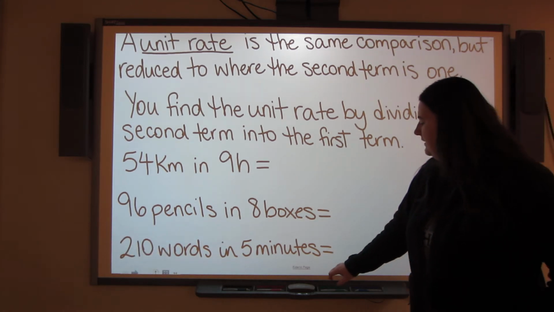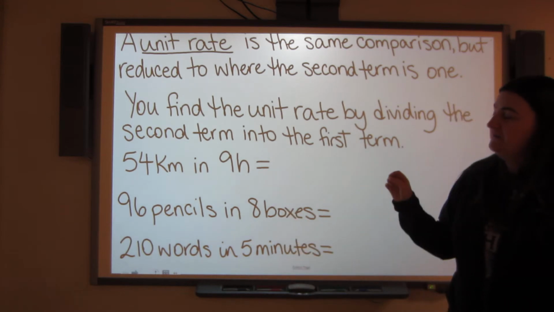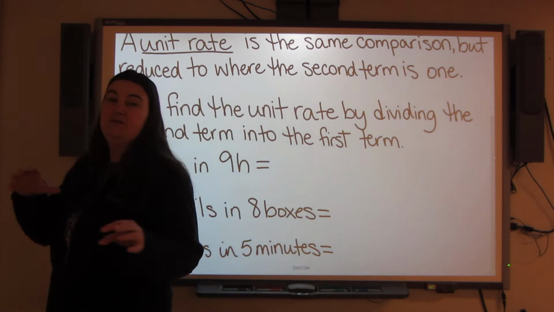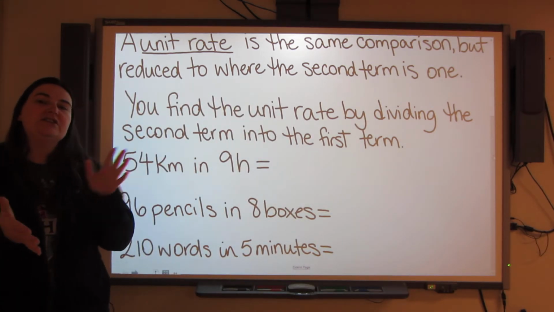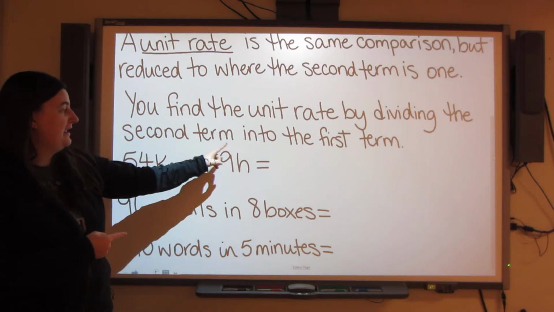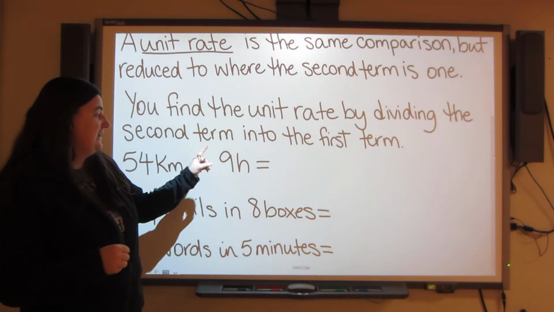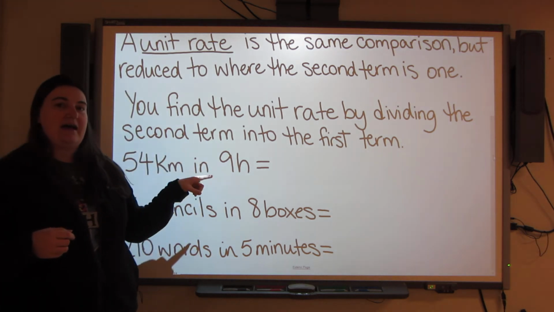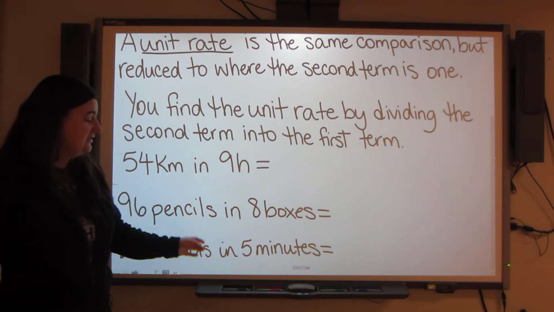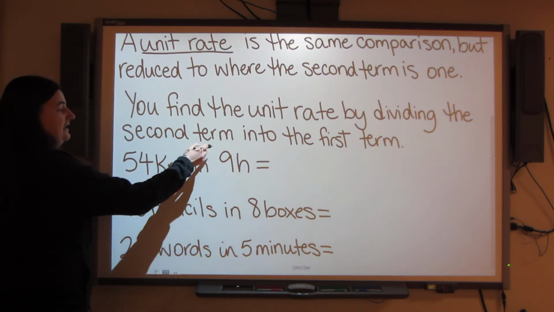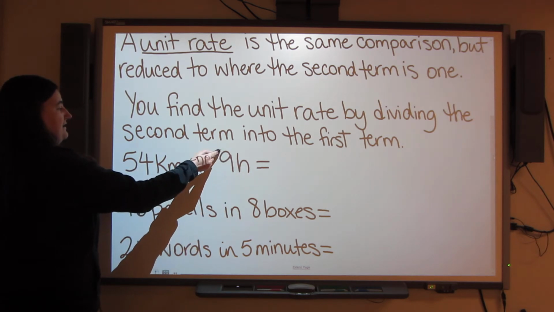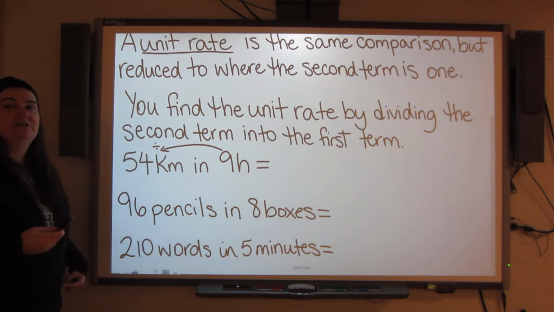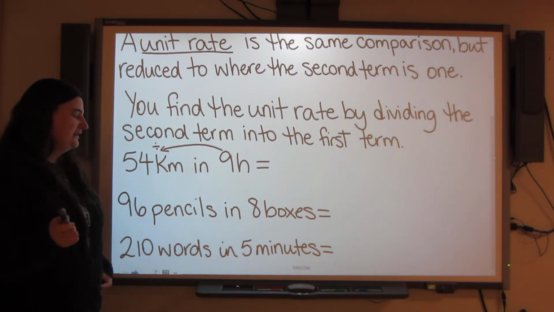All right, so example number 1. 54 kilometers in 9 hours. That's the ratio, 54 to 9. But to turn it into a unit rate, we need to make that into 1. We need to take the 9 hours and reduce them to 1. How many kilometers in 1 hour? Like I say, all you need to do is take the second term of your rate and divide it